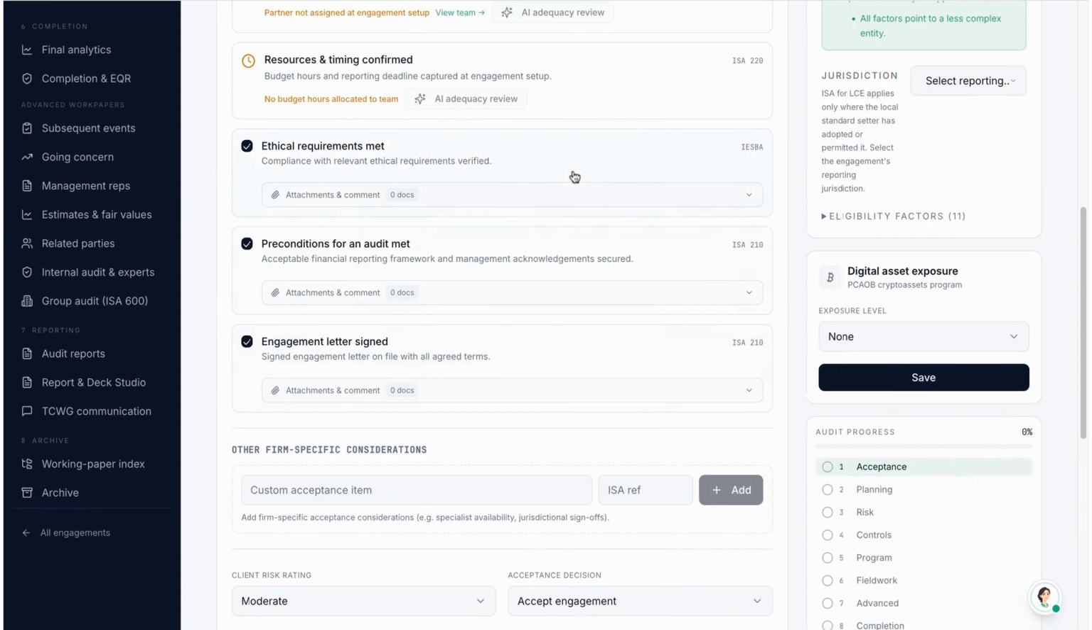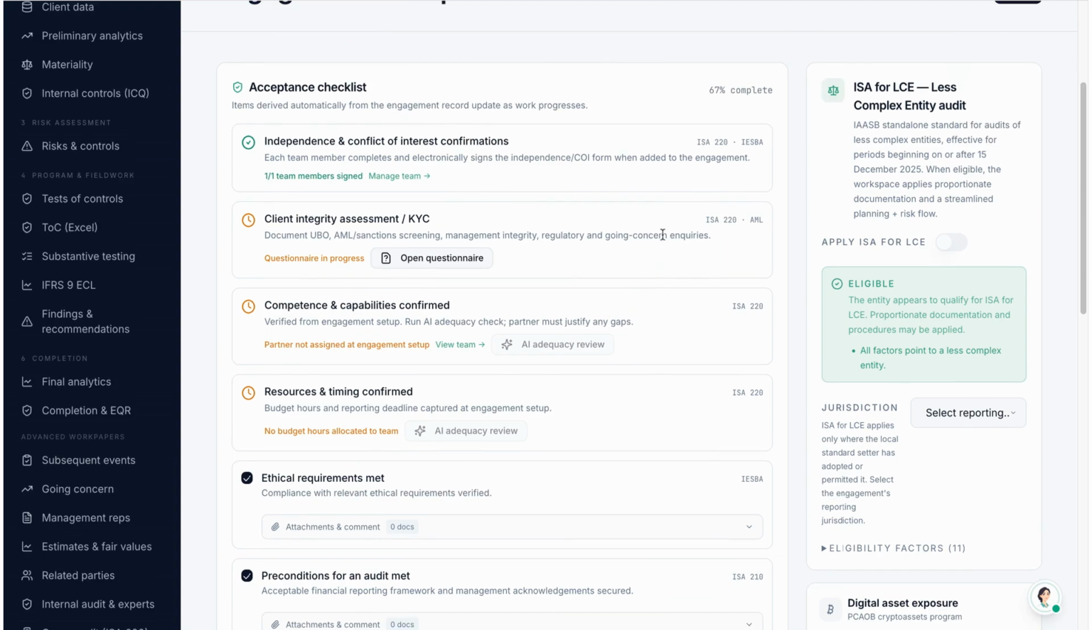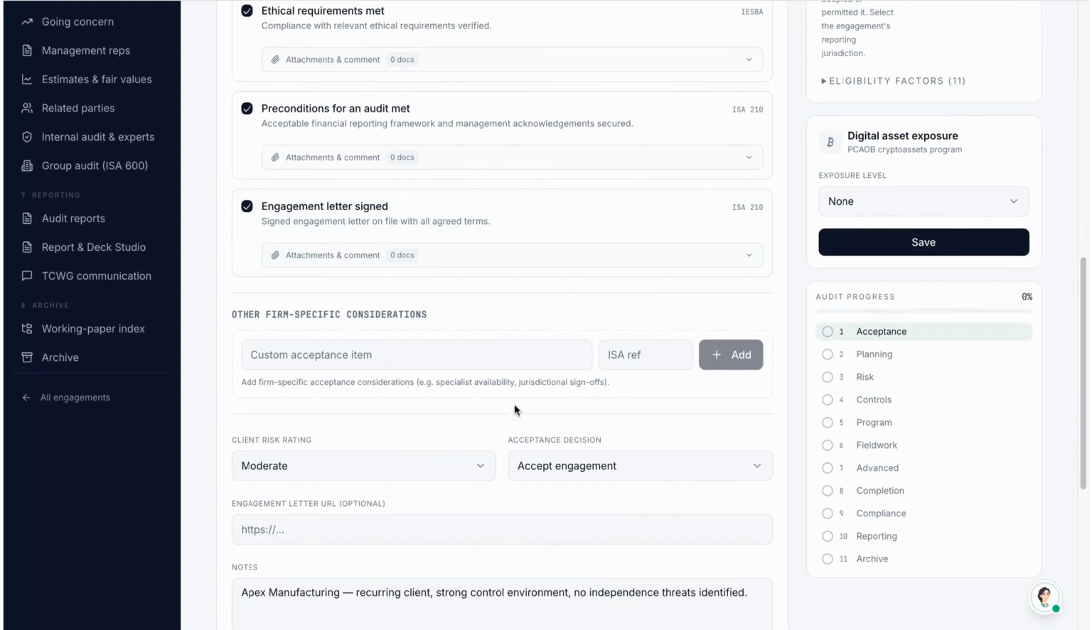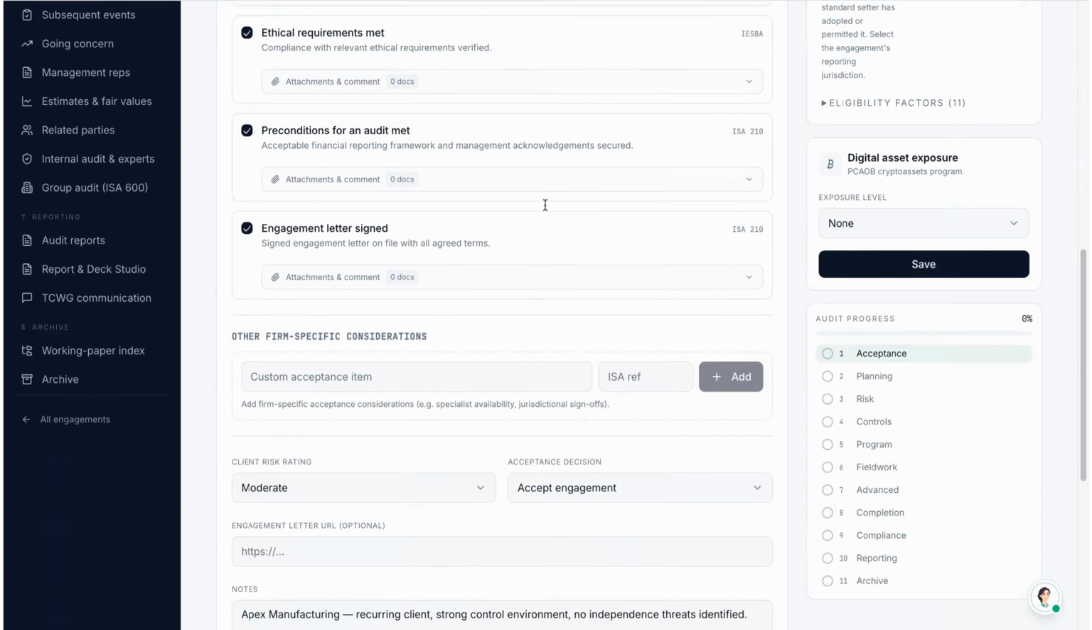Precondition for an audit made. So we can fill this as well and then check it. And then engagement letter: we import the signed engagement letter here, and then we comment on it and check that one too. Then if there are any other requirements that are not already here, maybe the firm has, these are